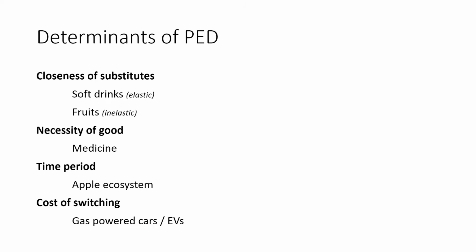And then the time period, how long does it take to change from, for example, the Apple ecosystem to, I don't know, Android? Some people are not willing to spend the time to change, and therefore they will not change. So then it's more of an inelastic demand curve. Same goes for the cost of switching. If suddenly gas-powered cars went up in price, or for example the fuel went up in price, and many people have gas-powered cars,